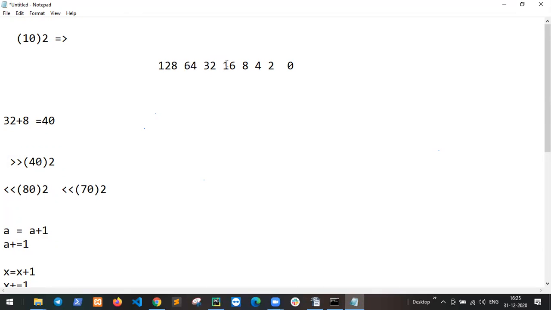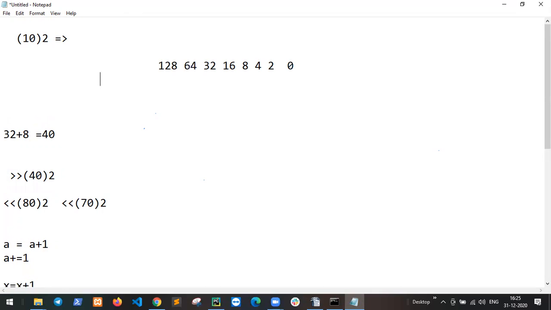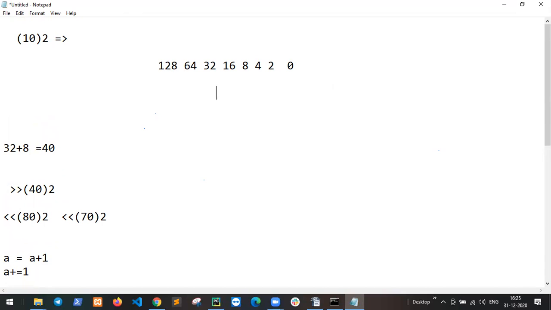1, 2, 3, 4, 5, 6, 7, 8. And how do we find 10? So 1 is 0 and 2 is 1, correct, 4 is nothing and 8 is 1. So 8 plus 2 equal to 10. So the result is found.